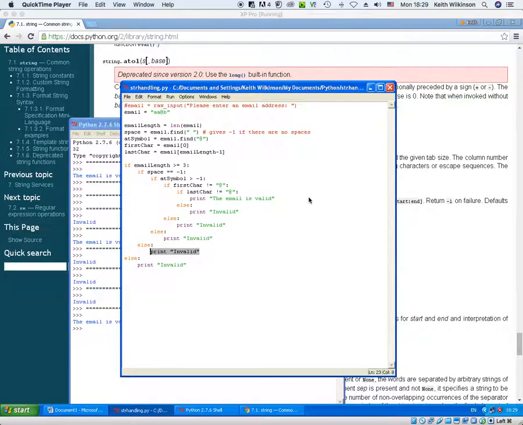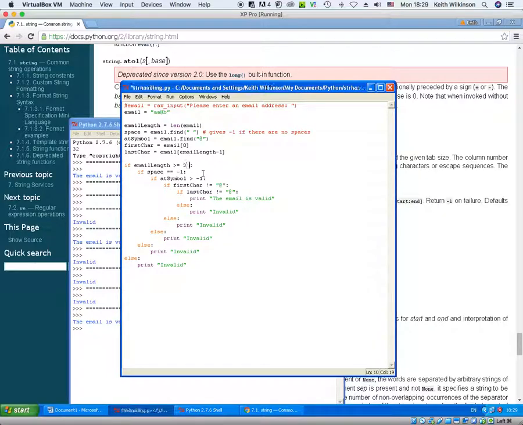So I am going to just write this a little bit neater. In other words, I'm not going to write so many invalid statements. I'm only going to have one, but I'm going to complicate my if statement. And the way I'm going to complicate it is by, for each one of these, I'm going to write an